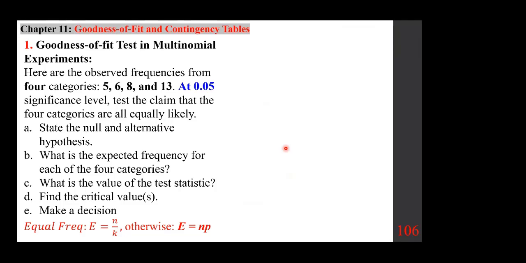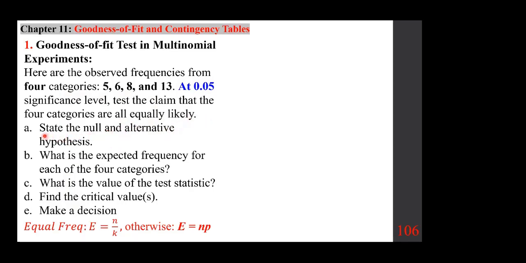Here are the observed frequencies from 4 categories: 5, 6, 8, and 13, at 0.05 significance level. Alpha is 0.05. The tester claimed that the 4 categories are all equally likely. Now, the steps that you see here, even if they don't write it, the question is really asking for it,